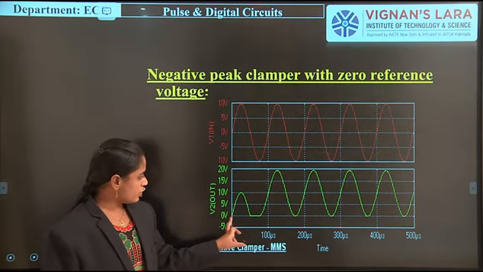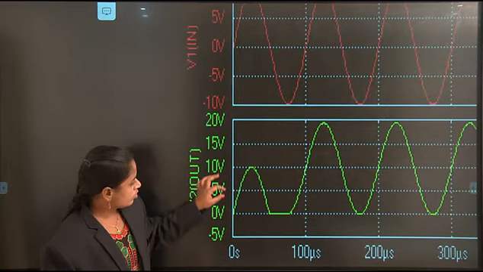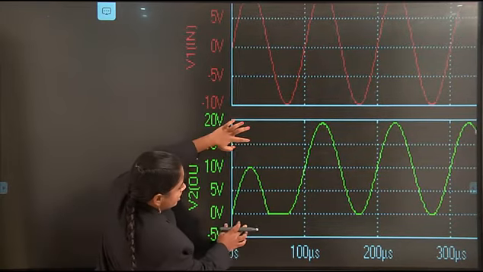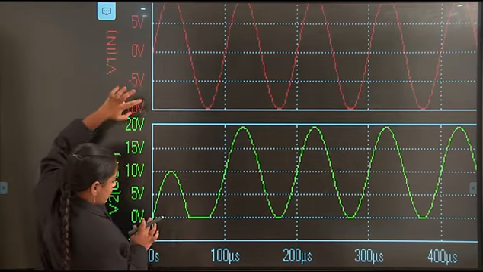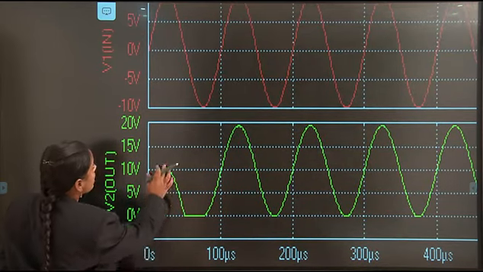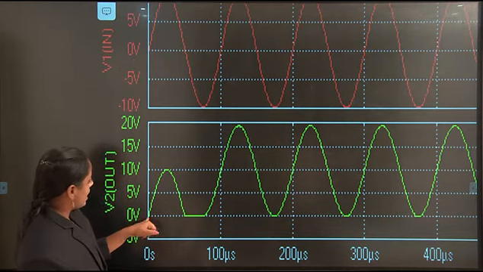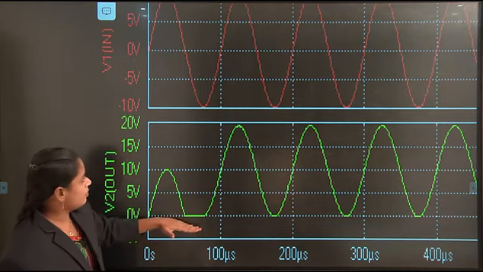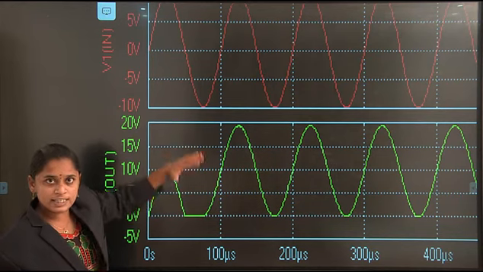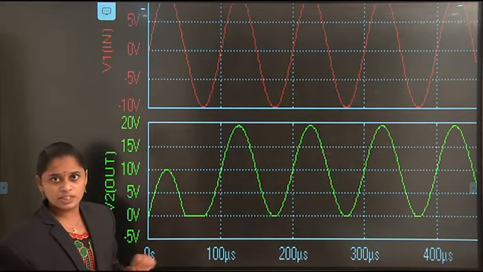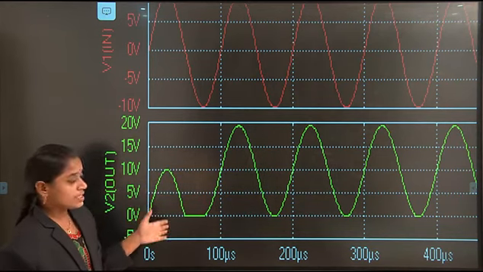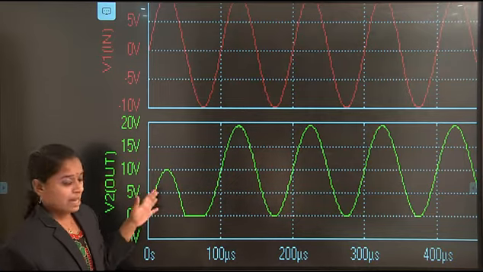So this is the DC line, that is 0. We just have to check the conditions. So it shifts the signal to above the 0 line. The input signal is 10 volts peak to peak, but the output signal is above the 0 volts. Nothing but the whole 20 volt signal is above the line only. So that is the difference, and that is the condition of the positive clamper.